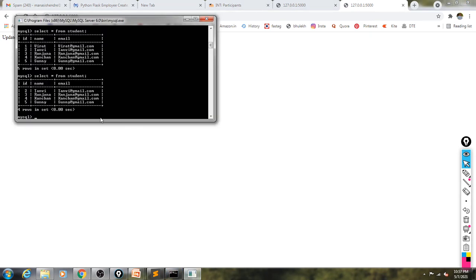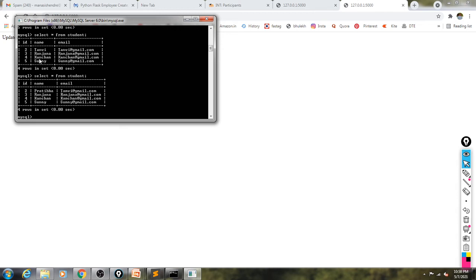So we can see the change in the table. Again we execute the same query, select star from student. So yes, here we got name is equal to Pratibha. Okay, so what is the old name here? Name is equal to Tanvi.